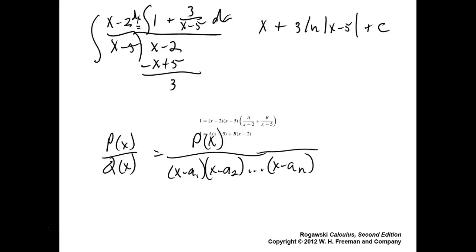And they're all distinct. And there's n of them, so that means your Q had degree n, because you have n x's in there too. Then the degree of P must be less than n. Then there is a partial fraction decomposition. If this is the case, then you can decompose that into